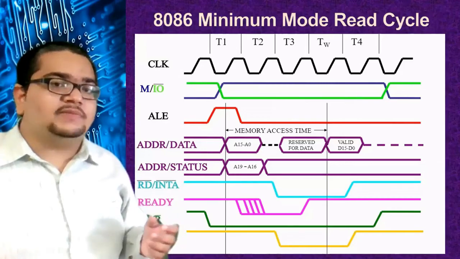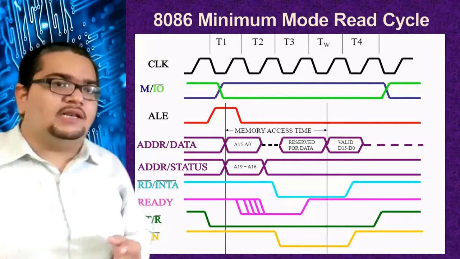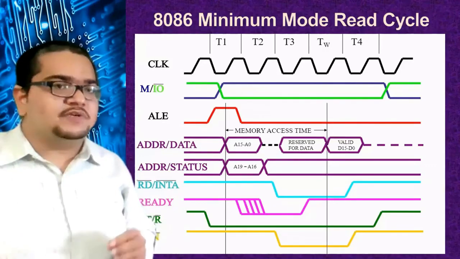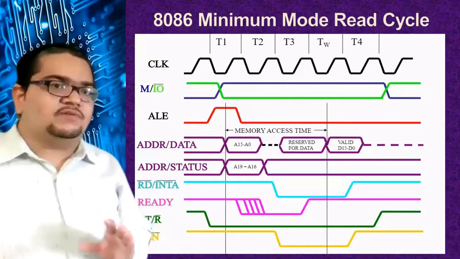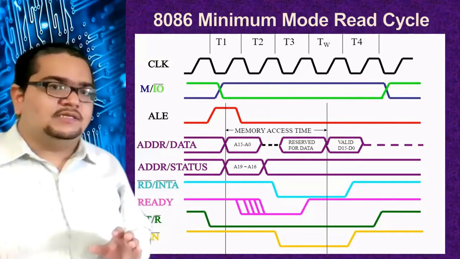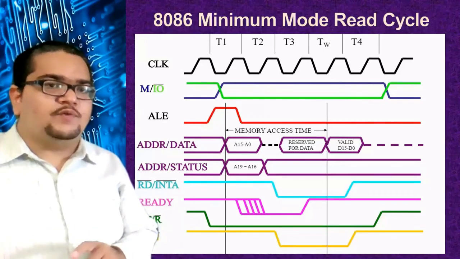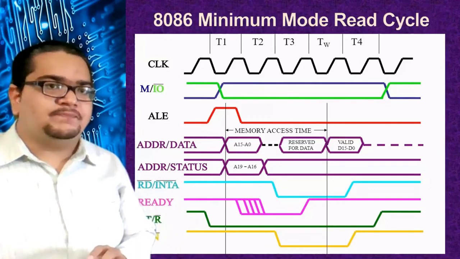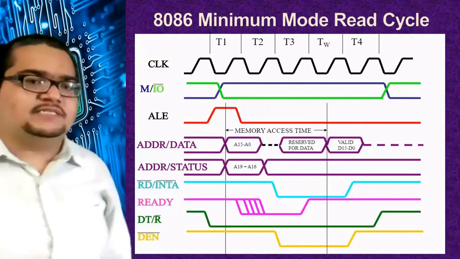After a certain time they will contain status. So in the later half of the machine cycle, where the AD lines contain data, these AS lines will contain the status, and this will remain till the next T1 starts. When the next T1 starts, it will again start like this. There will be an address on AD0 to AD15 and also an address on A16, 17, 18, 19, these 4 lines. Remaining all other signals you can also check out.